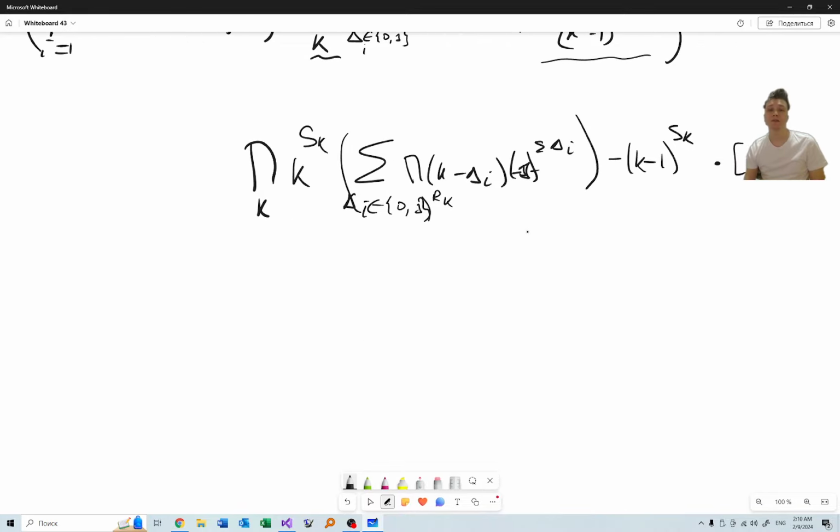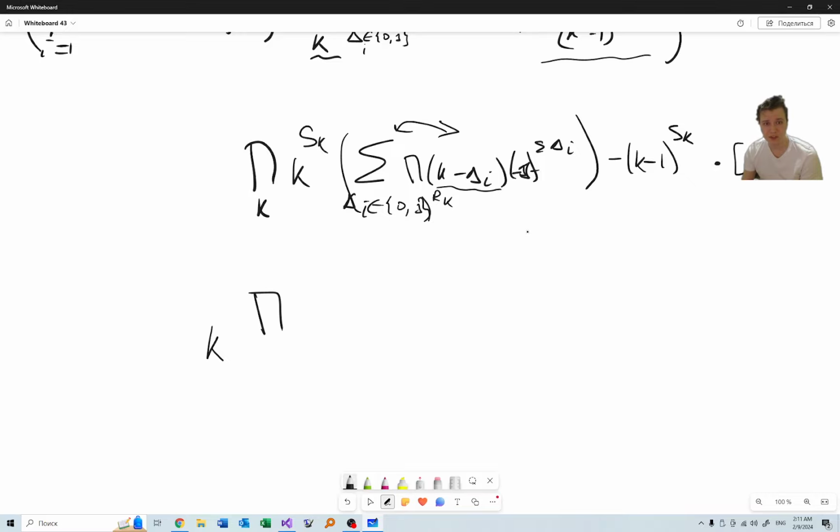Okay, let's think about it. So it can be rewritten as simply, so again, we can swap it because all these multiplicands are